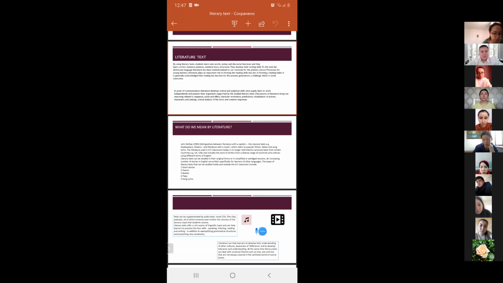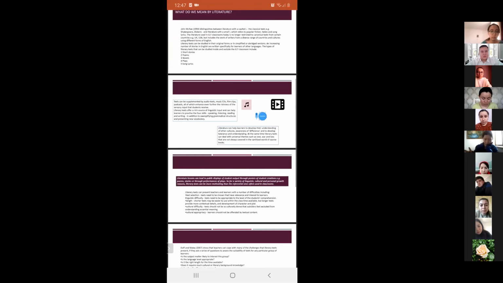And the literature used in ELT classrooms today is no longer restricted to canonical texts from certain countries, for example UK, USA, but includes the work of writers from a diverse range of countries and cultures using different forms of language. Literature texts can be stories, short stories, poems, novels, plays, and song lyrics. And text can be supplemented by audio text, music,